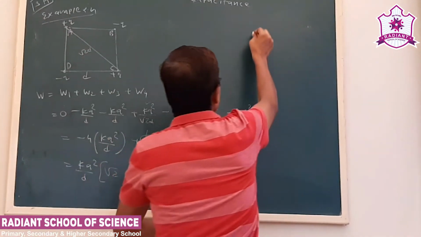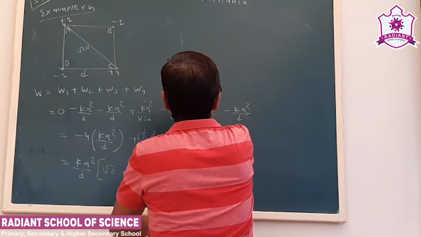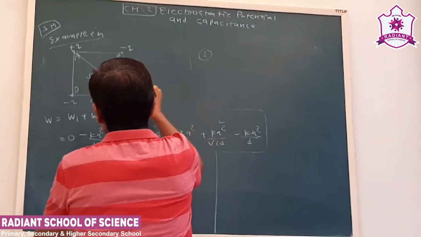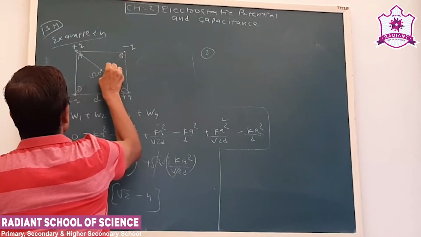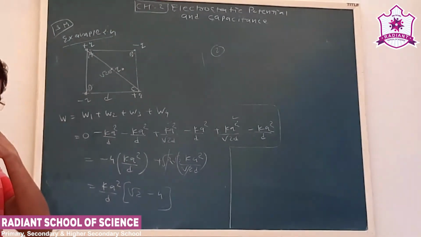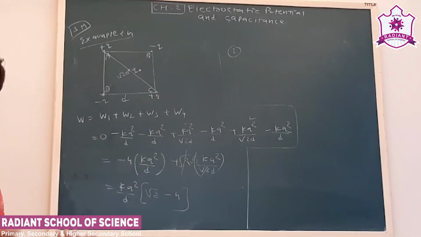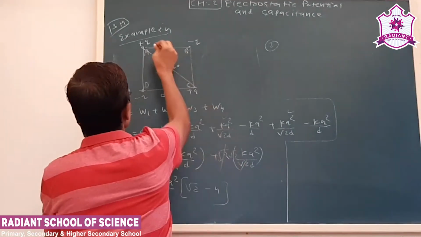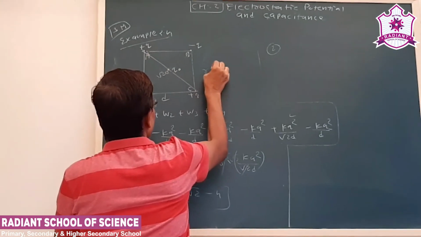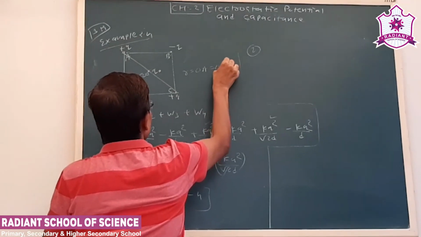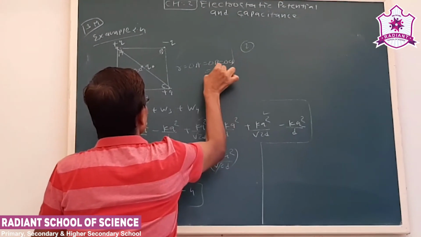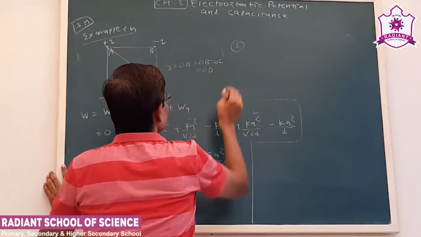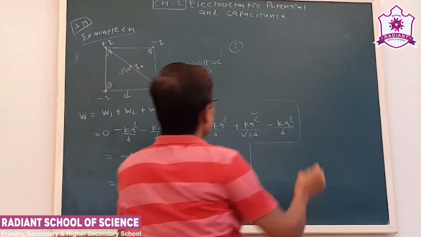Now see the second part of the question. Q0 charge is brought to the center of the square. So what we have to do is first find out the potential. Let us say the distance R is OA, OB, OC and OD. Why? The distance of each vertex from the center is the same. Then the potential at the center